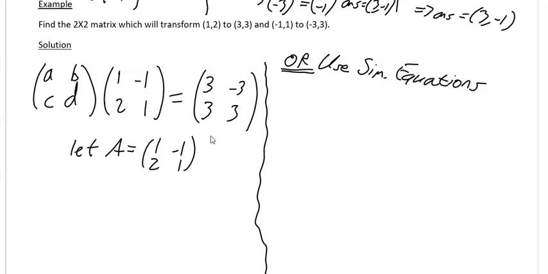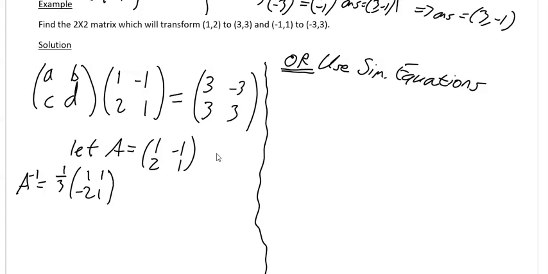I'm going to let my A be equal to this thing. I can't find the inverse of this. This is an algebraic term, so we can't really find the inverse of it as such, whereas we can find the inverse of this thing. So I'm going to find the inverse of A. First of all, your determinant of A would be 1 times 1 is 1, then minus 1 times, 1 times 1 is 1, and minus 2 times minus 1, so that's going to be 3, so that's 1/3. Change the elements in the leading diagonal, stay the same anyway, change the sign of the other elements,